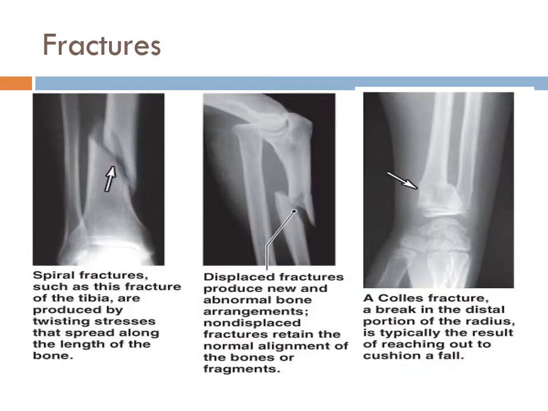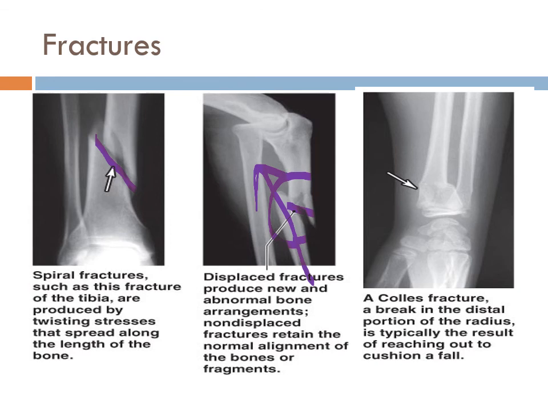A spiral fracture is where you have a twisting fracture of a bone. So you can see that this bone has broken kind of on an angle there by twisting of the bone. This fracture is displaced, so you can see that it fractured right here, but then this part of the bone